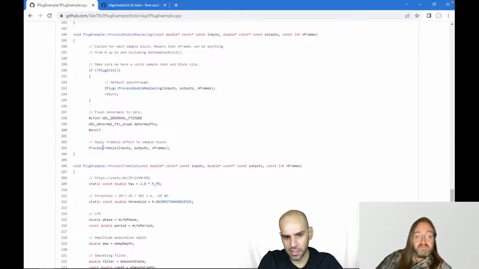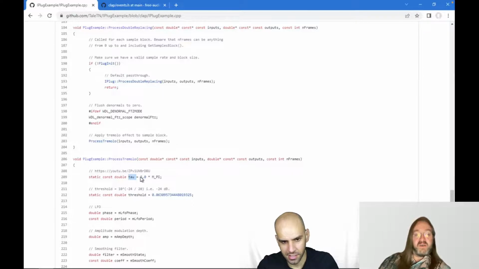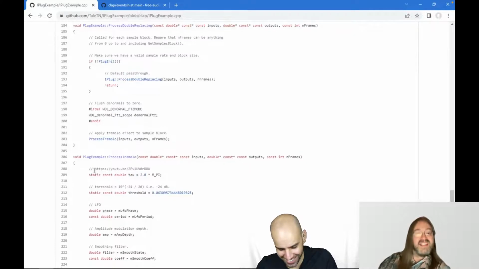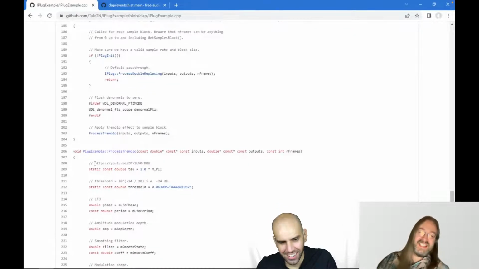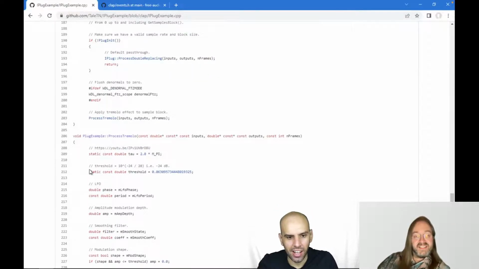And then we get to some actual processing that is done with the effect. There is a YouTube link there. Is that a video of you doing the coding for this plugin? Well, I think it's because I'm using the name tau is 2pi here. And there's a flame war between math people, between some people prefer pi, 2pi, and others prefer tau. So this is probably the video about that flame war, I guess. So that's just an in-joke. Okay, I will need to check that later. I just took a screenshot of this because I need to watch this.